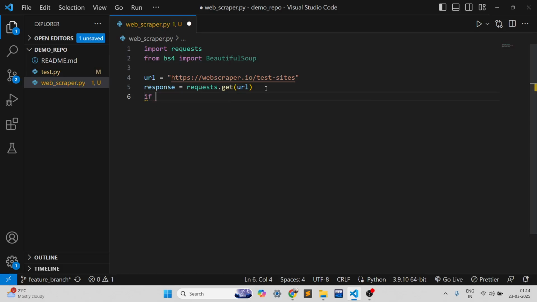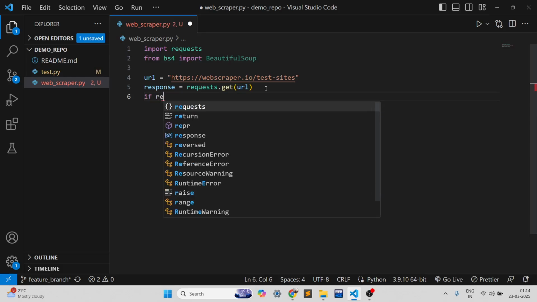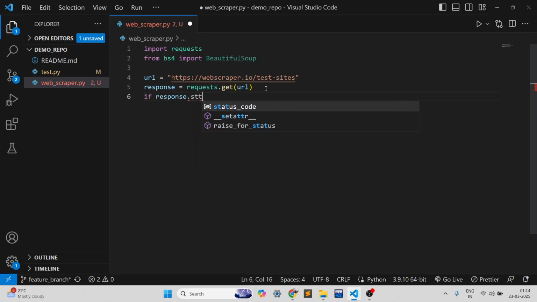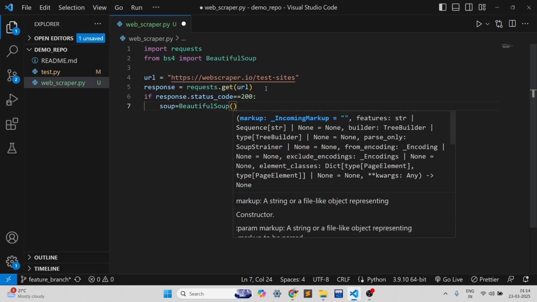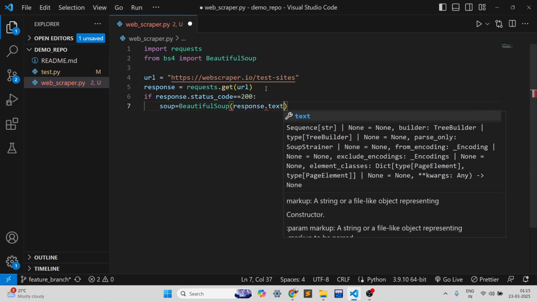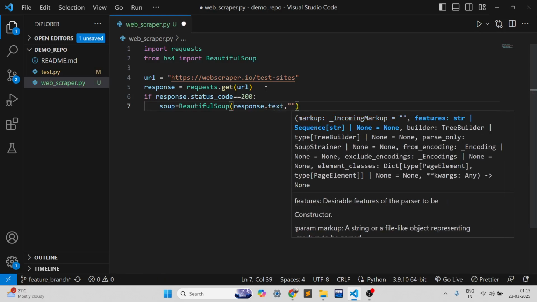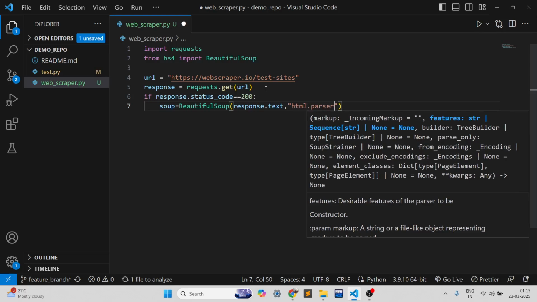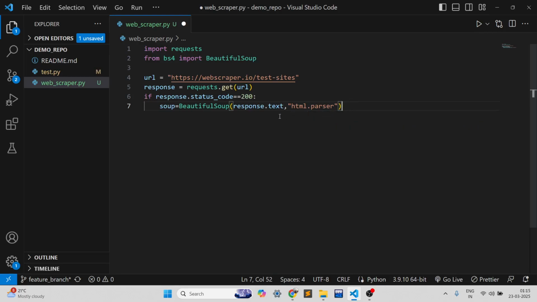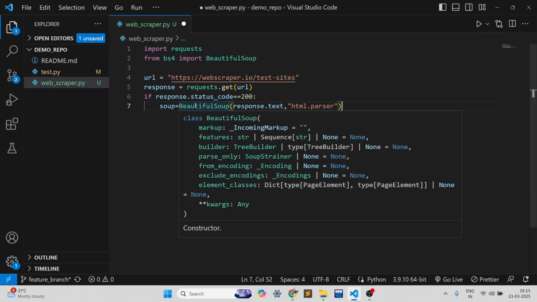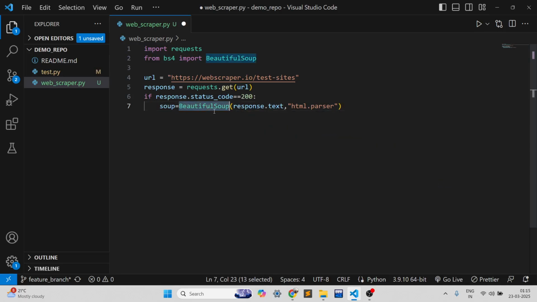And now we'll use BeautifulSoup for scraping. We'll provide an if block: if response.status_code, so we will be checking if the status code is valid or not from the website. A valid status code will be 200. If the status code is 200, we will go for the further parsing. soup equals BeautifulSoup. Now we'll provide the response.text, and the parser would be html.parser. So it's clearly straightforward. We'll be providing the response.text to BeautifulSoup for parsing, and the encoding format is HTML,